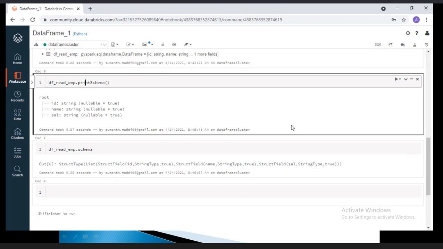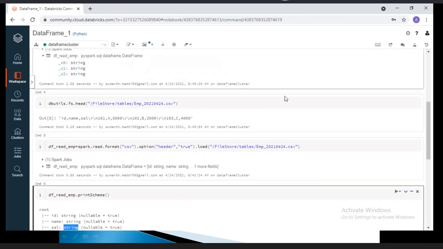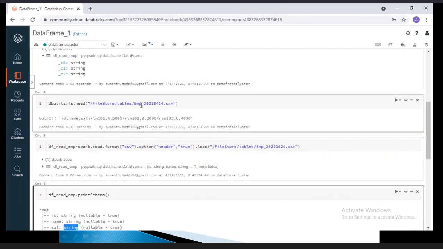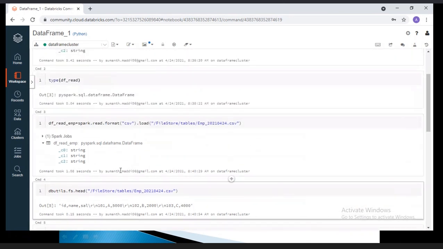Then you have the doubt, right? Why do all the data types belong to string data type? But we have integer data, number data, and text data. In all your data frame definitions, the data types belong to string only.